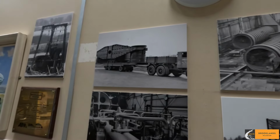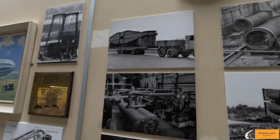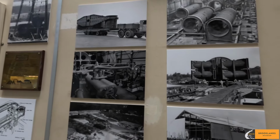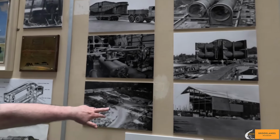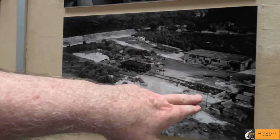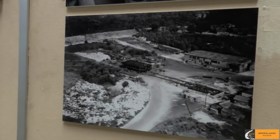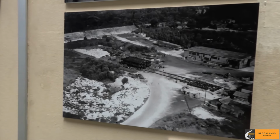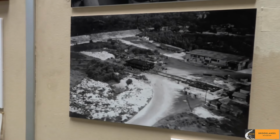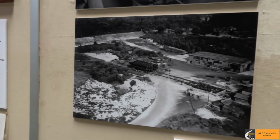Now, when they came down here, this was in 1946, there was a slight problem, as you can see potentially from this picture here. The foundations which they started working on in the winter of 46 into 47 particularly was the coldest of the last century, so they couldn't complete the foundations in time. So